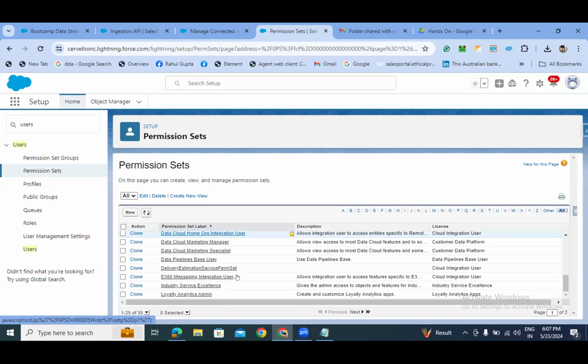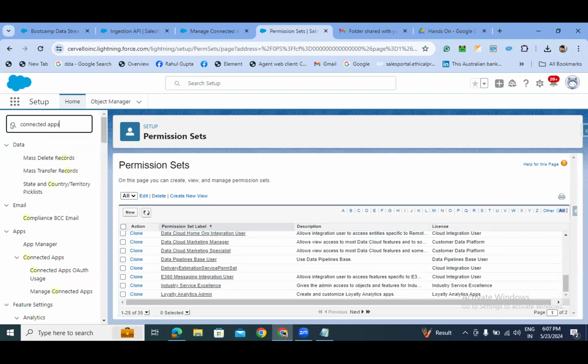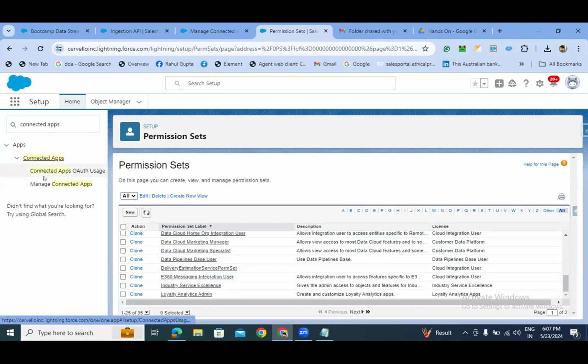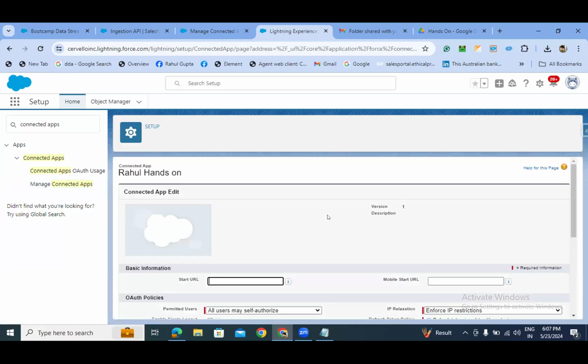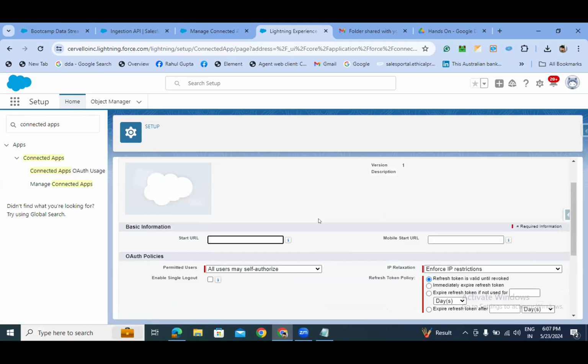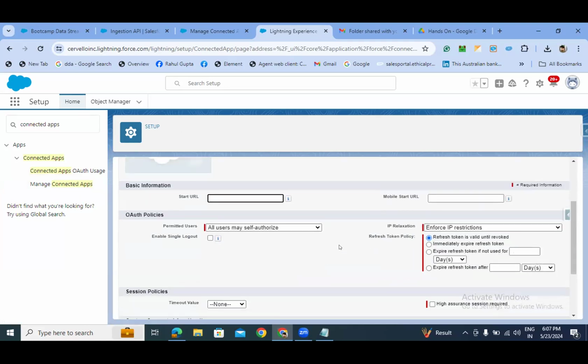Two ways to do this, but if you go to the connected app itself, Rahul, yeah. Could have also done this through permission set. But if you want to click into it, there are a couple of ways to access this. Okay, so this is actually managing the policies. So I think we should have clicked into it instead. But sorry for jumping around, since we're here, we can do a couple of things on the connected app. So on the permitted users part, Rahul,